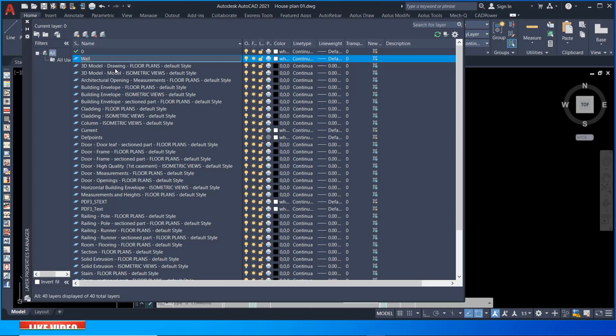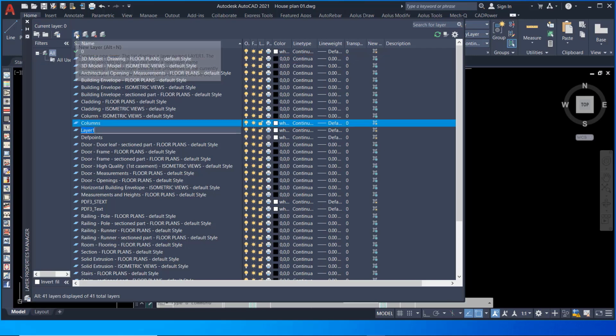I want to go to the next layer, create another layer. So I'll go ahead to the same button right there and click on it. Once I've clicked on it, I'm going to key in the column. Let me type that accurately. Let me add S there to make it meaningful. That will be a number of columns, not just a single column. Now we want to add another layer that will be furniture. So I'm going to click on that and just type furniture